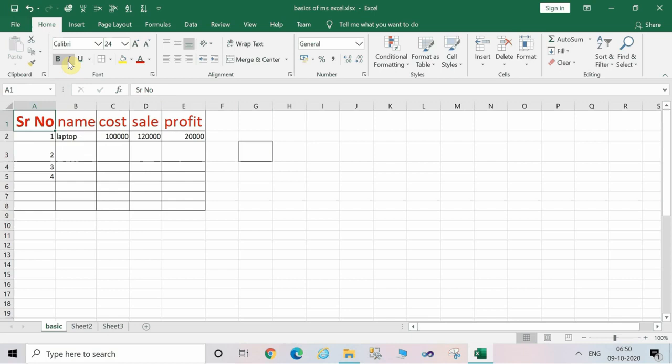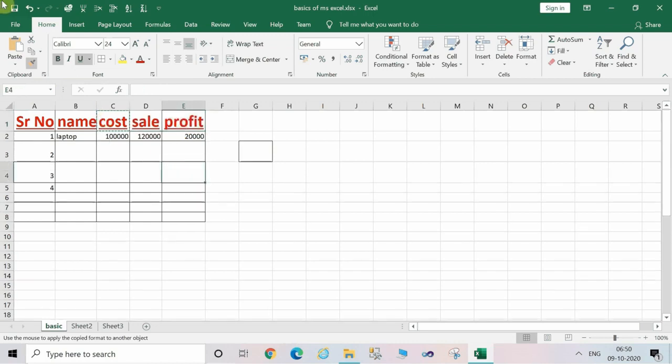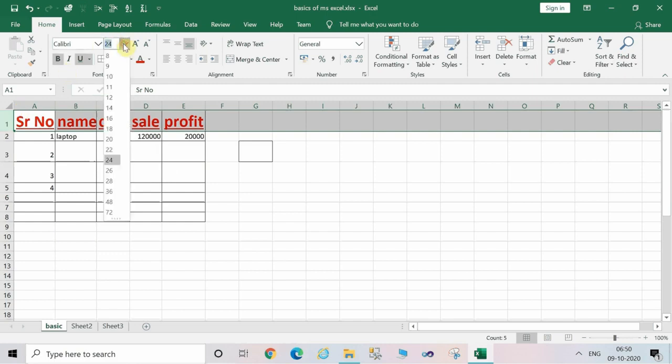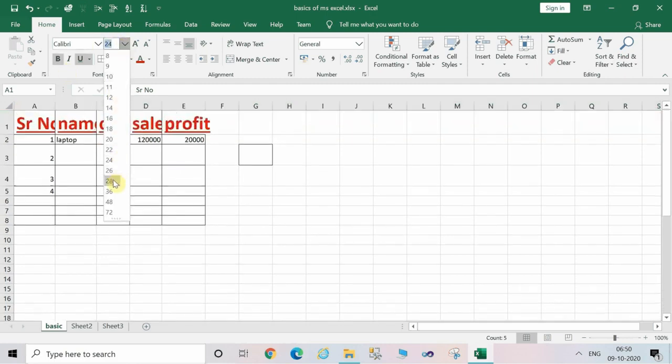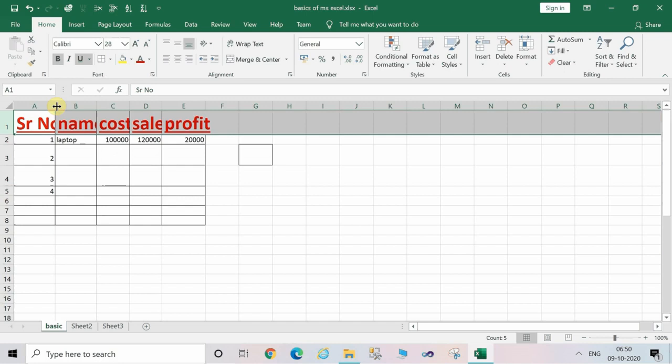Now let's use the formatting by clicking on the Format Painter button. Save the file, and now you can increase and decrease the font according to your choice.